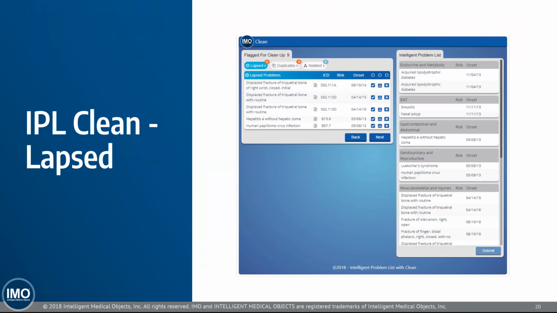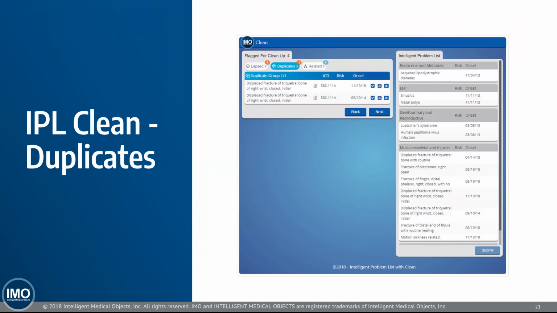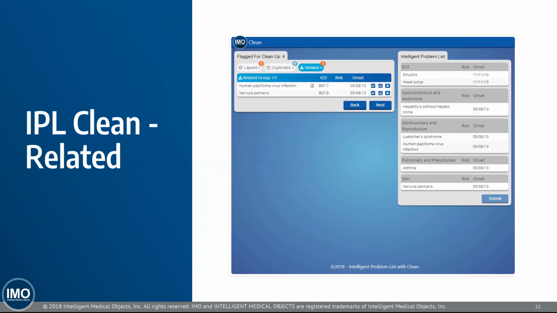All right, this is the first category of clutter we're looking for, the lapsed problems that Dr. Rube spoke to earlier. The next will be the duplicates, those exact duplicates or conceptual duplicates. And the last one, related problems, those problems that might be slightly different and actually are really hard to find because they have different mappings to SNOMED and ICD, but they are related enough that they are similar and likely are talking about the same condition, just in different levels of specificity.